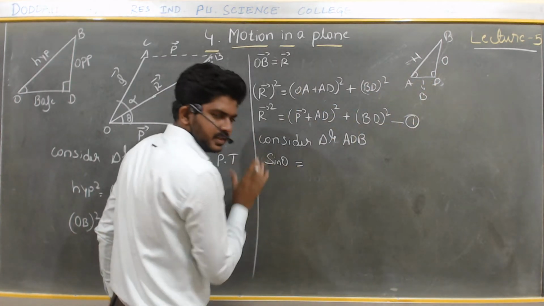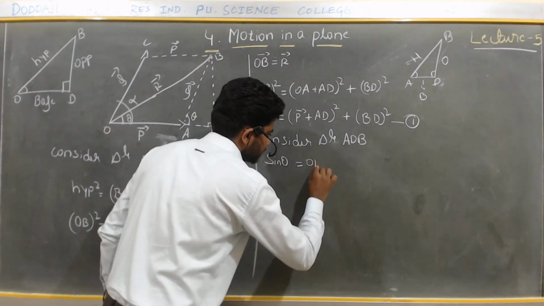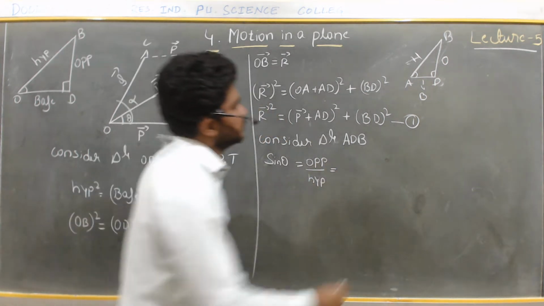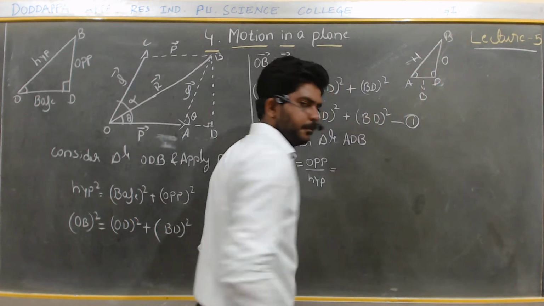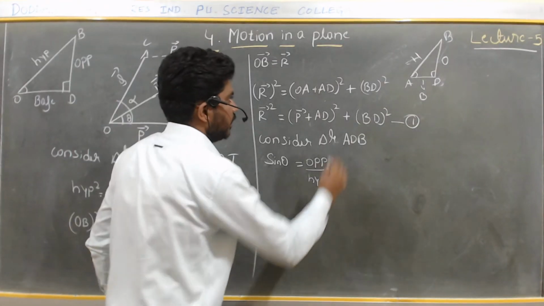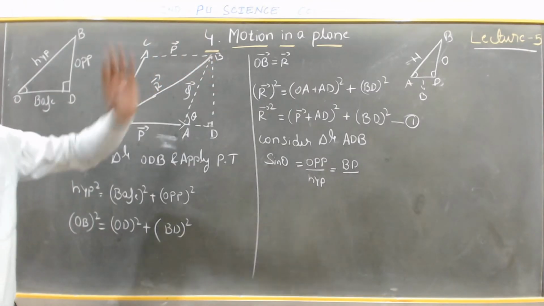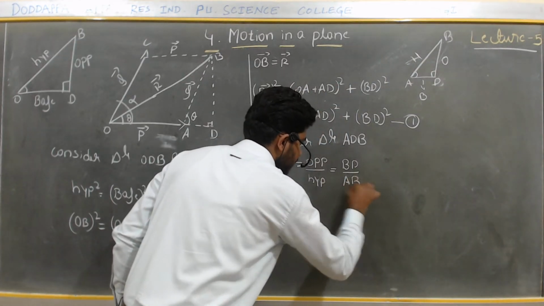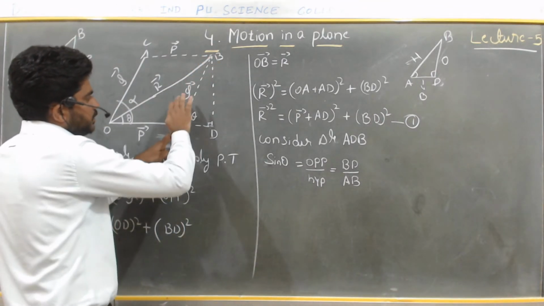So in this triangle we have considered sin theta. Sin theta is equal to what? Opposite divided by hypotenuse. Opposite divided by hypotenuse. Right. So come to here. Here opposite is which side? Whether AD or DB or BA. Obviously the opposite side is BD or DB. I'll write BD. Next one. Hypotenuse is which one in this triangle? AB. Right. AB is the hypotenuse. And AB value we have here. AB value is how much? Q vector.